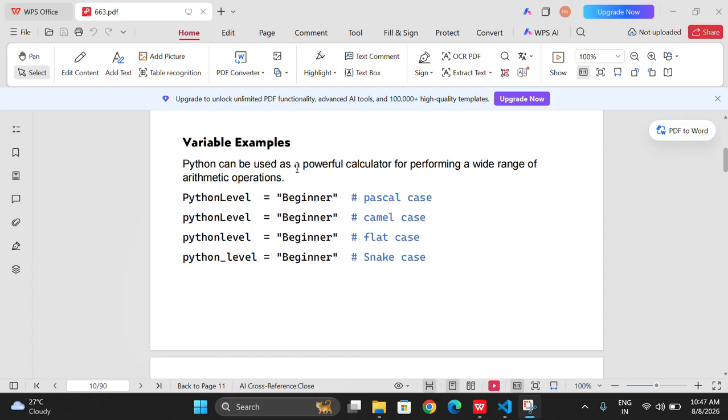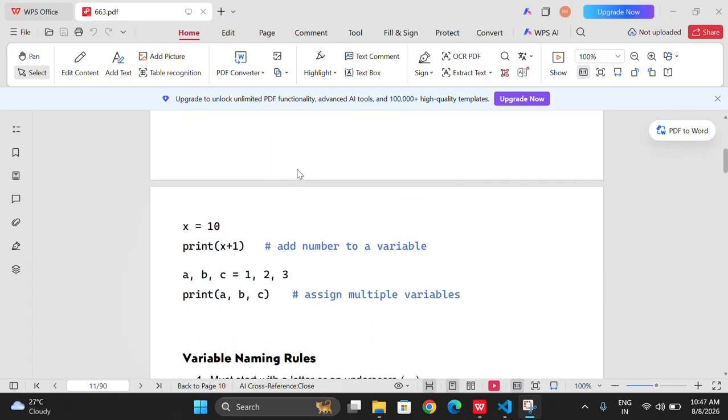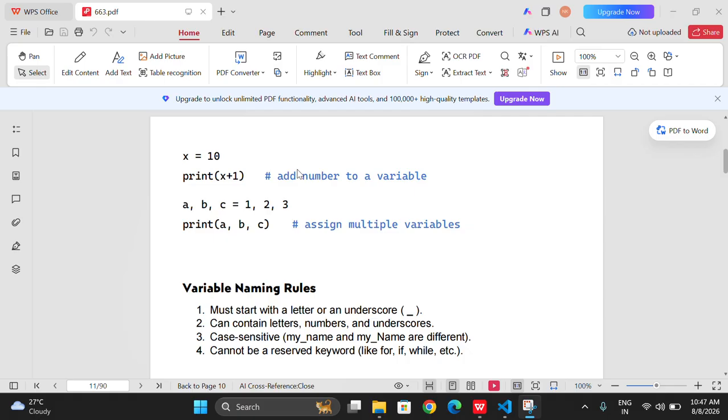Now let's move to another page. x is equal to 10, print x plus 1. Basically adding a number to a variable, and it gives us the output in the terminal section, which is 11. So there is one concept you also learn from there, that is we can also add a number to a variable assigned an integer value. Okay,